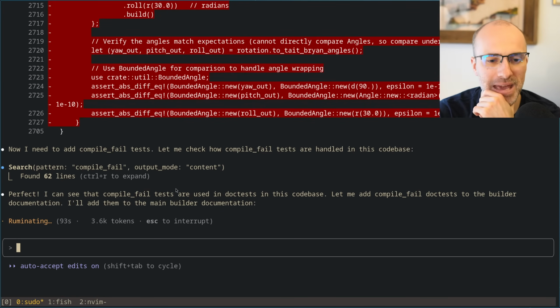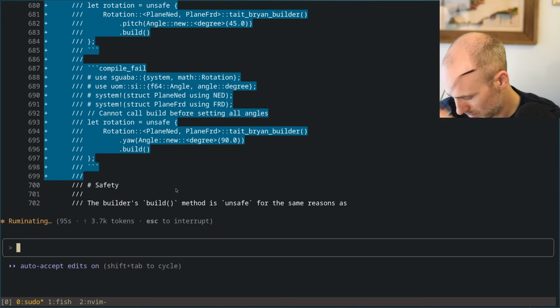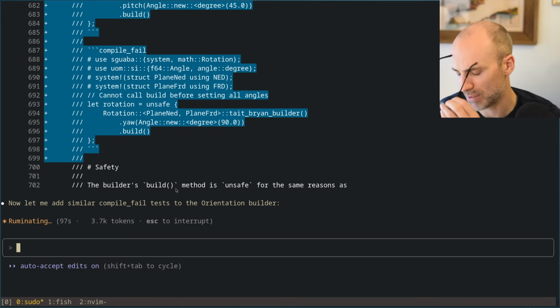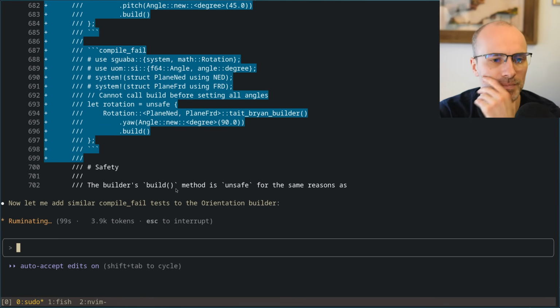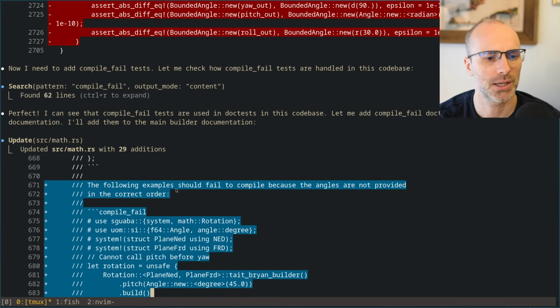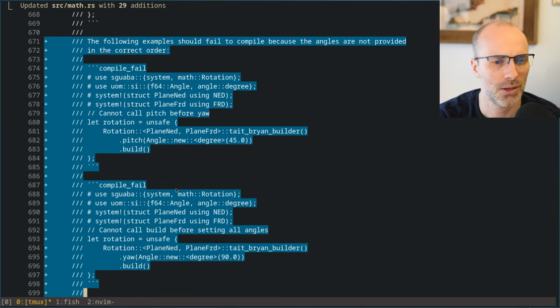Add them to the main builder documentation. I see, to the Tate-Bryan builder. That seems fine. What does that look like? Can I call build before setting all the angles? Can I call pitch? Wait, can I call pitch before yaw?